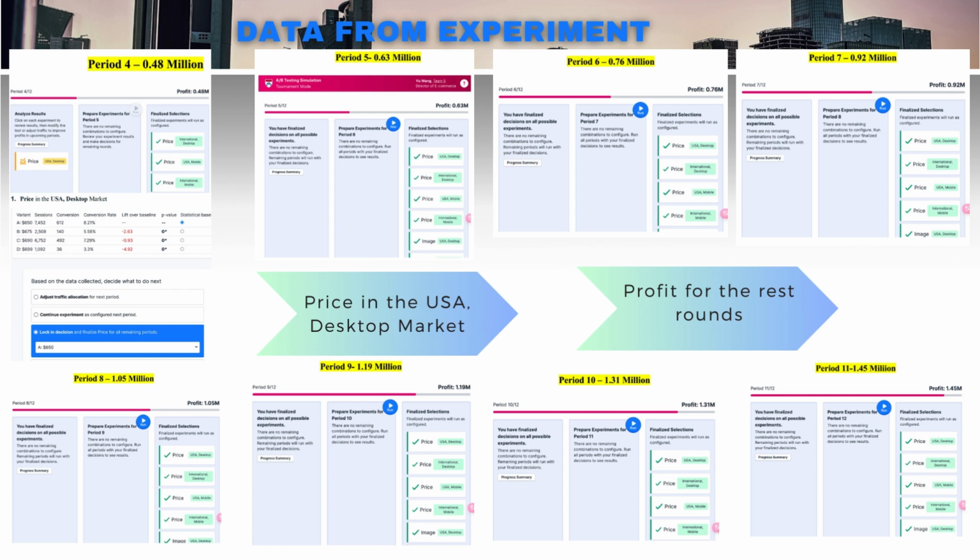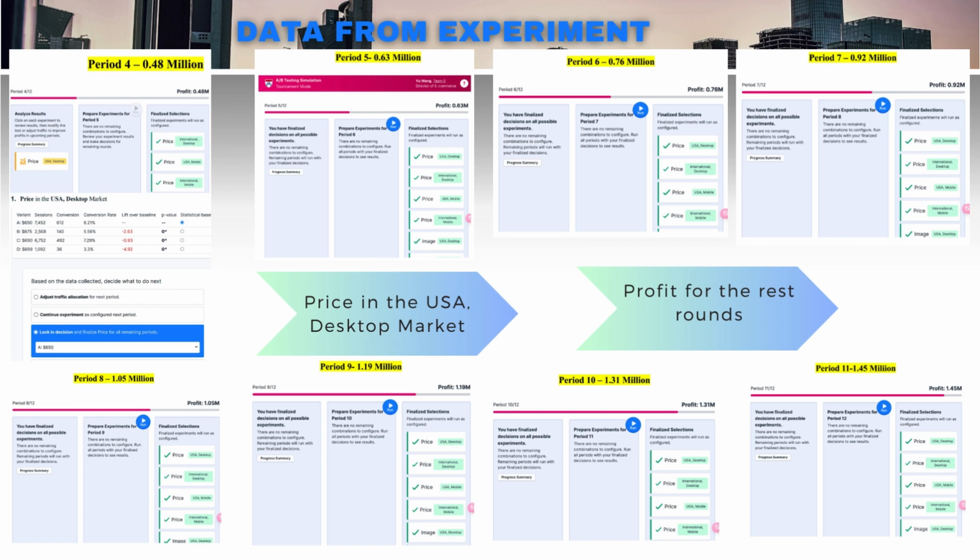Like in period five, the profit reached 0.63 million, and in period six, our profit reached 0.76 million, and for period seven, the profit reached 0.92 million, and for period eight, our profit reached 1.05 million. So the first time we achieved over $1